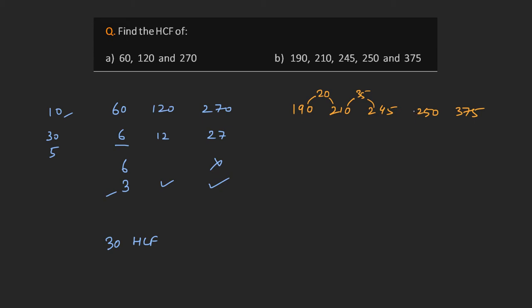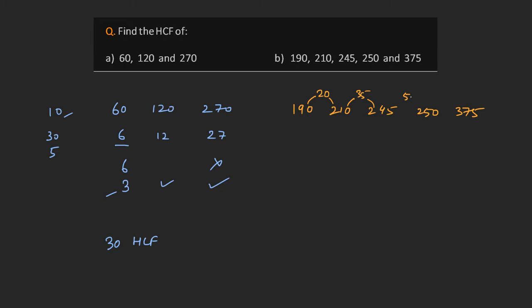But you might be thinking, how does this help us find the HCF? Well, if any two of the given numbers are close to one another, like 245 and 250 in this case, then it becomes very easy to find the HCF. Let me explain how. We pick any two of the numbers that are close together, preferably the closest to one another, and we take their difference. So in this case, we take the difference between 250 and 245, 5.